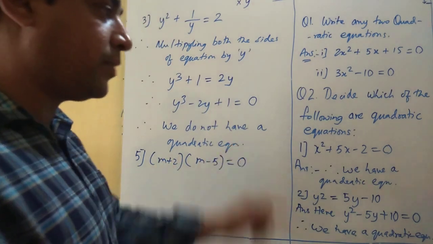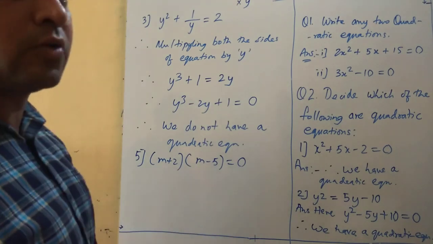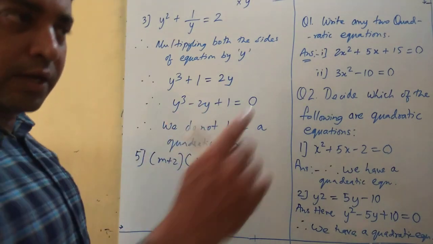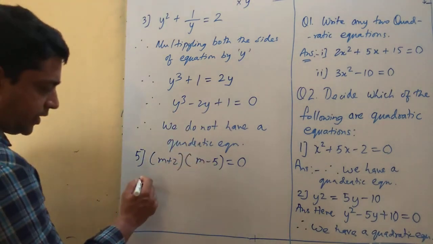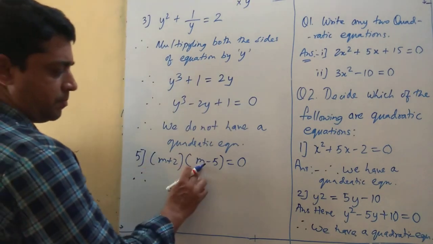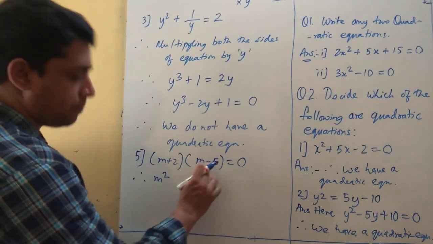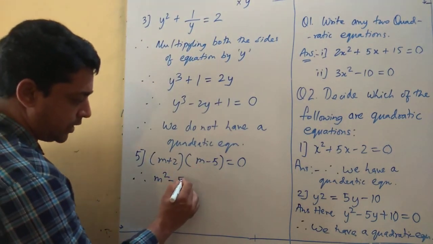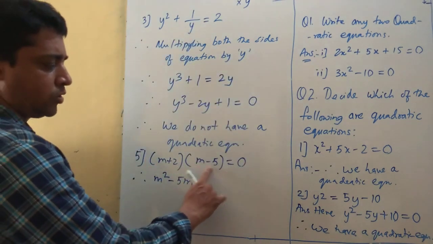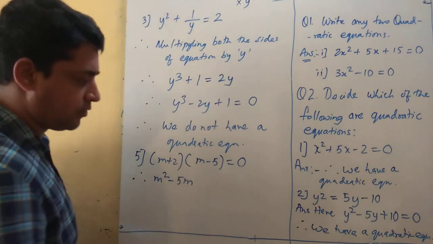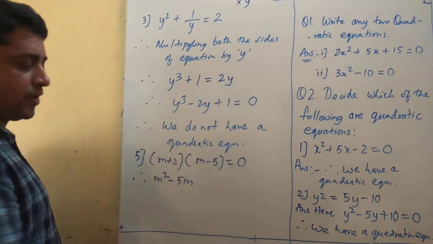So let us open the bracket. Looking at this equation directly, it seems this is not a quadratic equation. Why? Your square index, index 2 is missing, or the degree 2 is missing. But let us open the bracket. So I'll multiply m with m, I'll get m square. I'll multiply m with 5, minus 5, sorry, so it will be minus 5m. Is it clear? Again I repeat, m I'll multiply with both the terms of the second factor. Okay, m into m square, m into -5 -5.